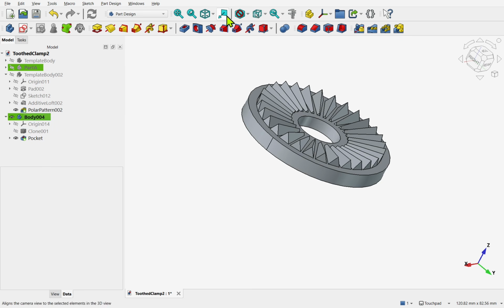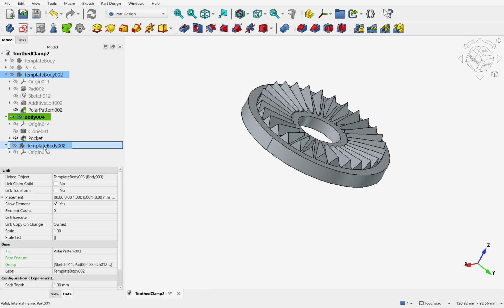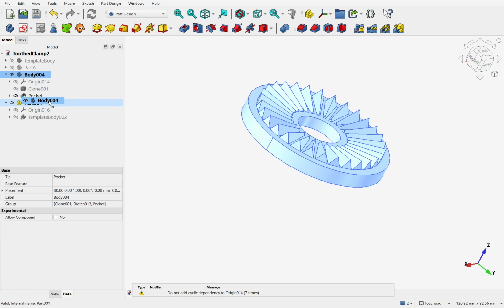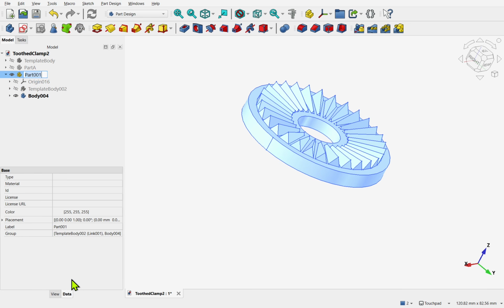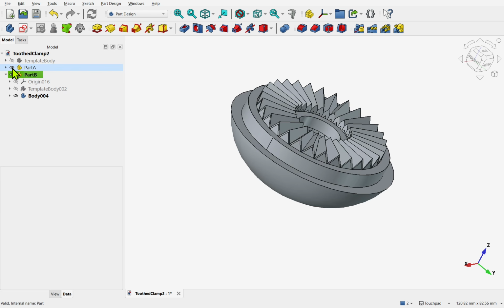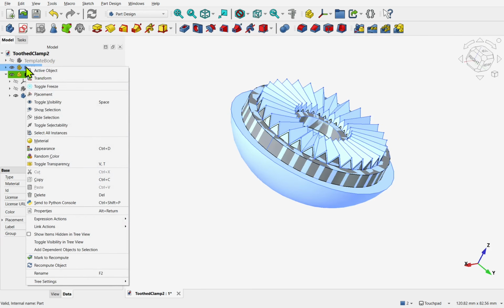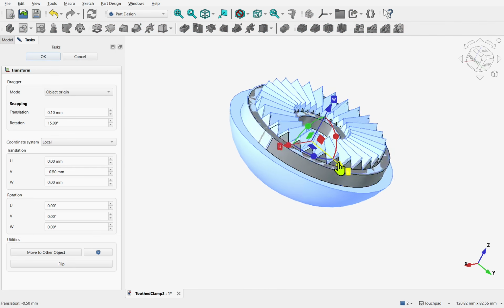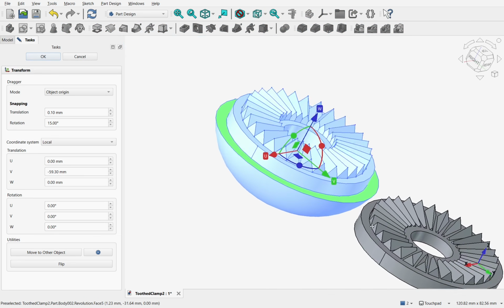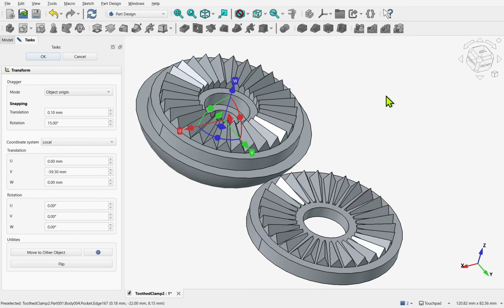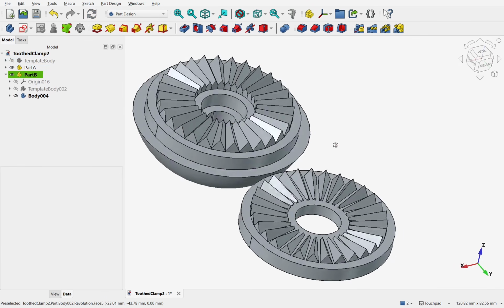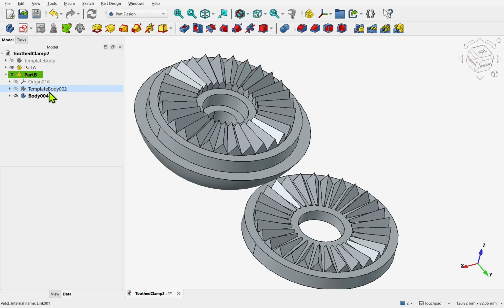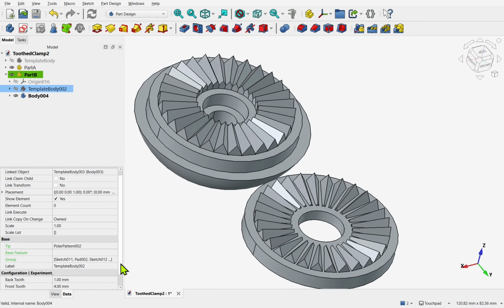Let's create another part in here and drop the link in. I haven't renamed them yet, and also drop the body in. We'll rename this part B, and we've got 2 parts. We'll show one and right click on the part, and we can transform the part, place it over here somewhere and click off OK. So if I'm in part B, I can change dimensions,